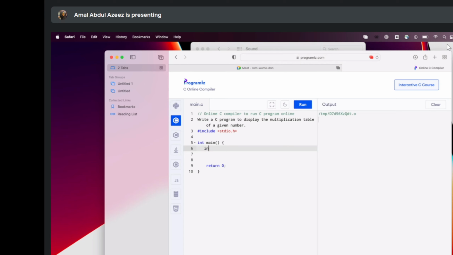So I know that I need to input the number, the limit, that is till what I have to print. Then there might be a looping variable that's required, right? This is all I know for now. We'll see what we want as we go, okay? So definitely ask the user